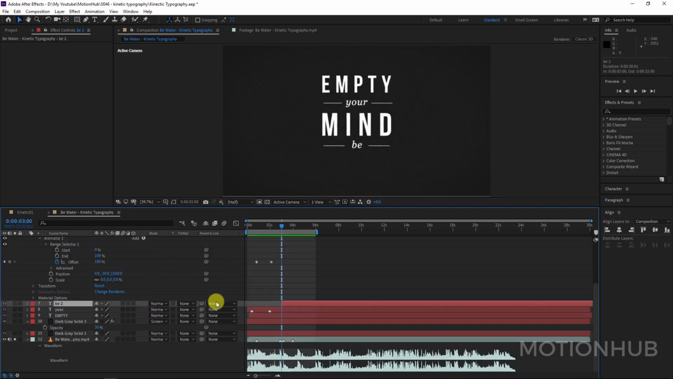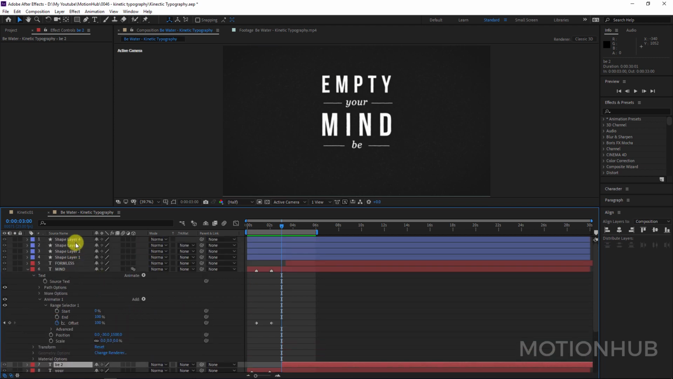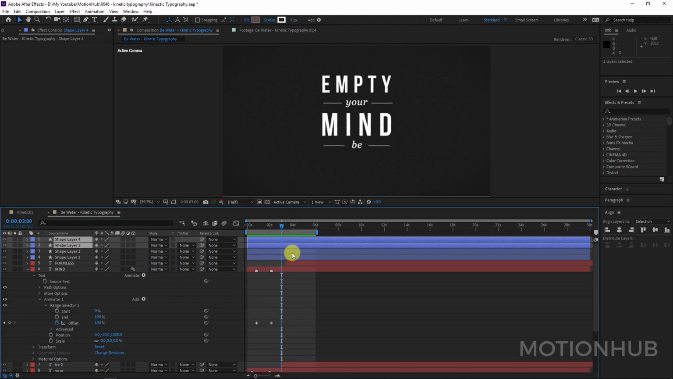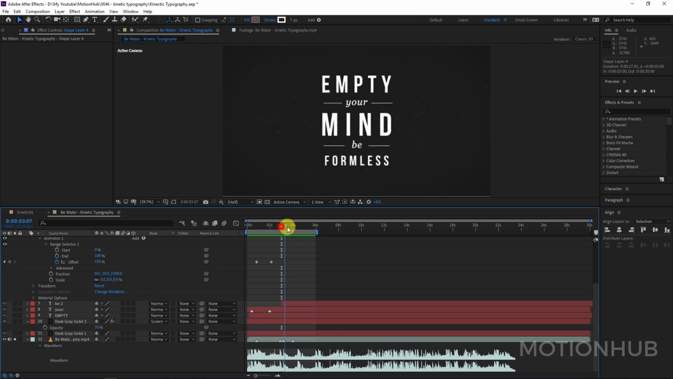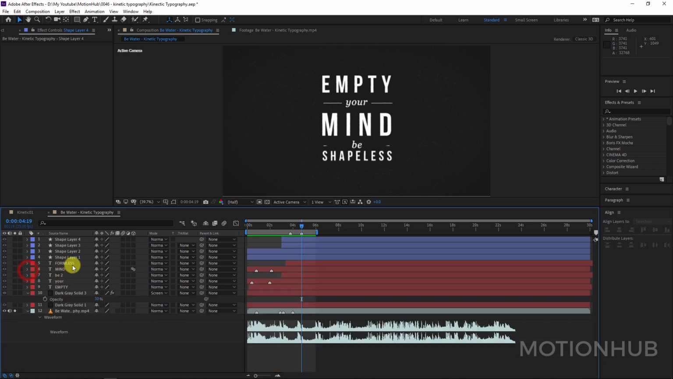Hit E on the keyboard to go to the endpoint, and I will select both lines and I will crop them here, and now formless, it needs to go down. Again I will add endpoint out